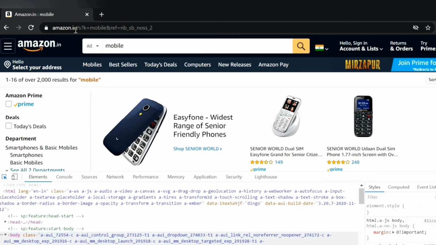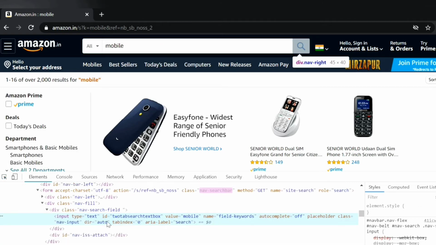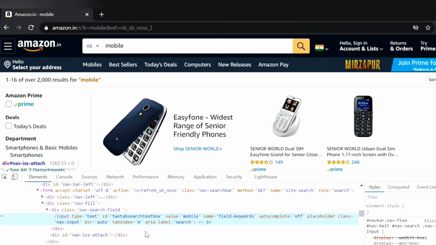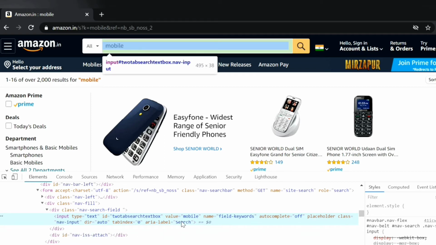In order to get the attributes of the active element, let's say we inspect this, we'll see what things it has. It has ID, name, class, aria-label, all these attributes, right? So this document.activeElement we can use to get some of the attributes, like ID. If you want class, you can use className, and if you want the tag, you can use tagName. The parameters that you can use, you can Google it.